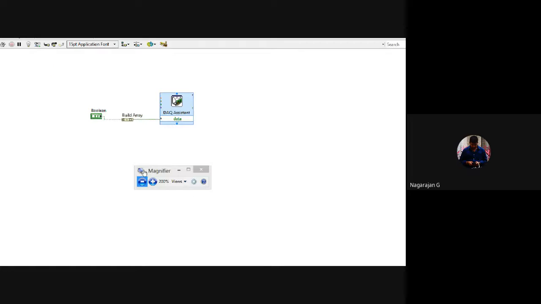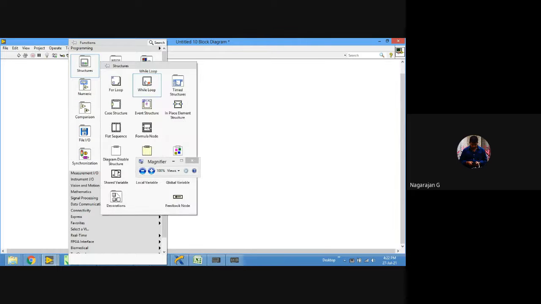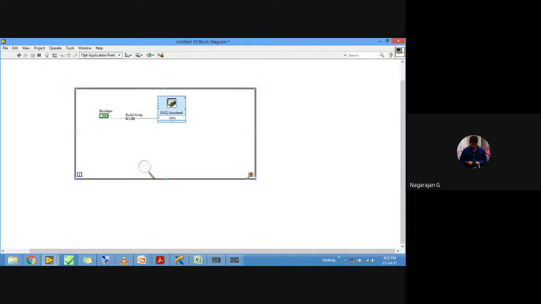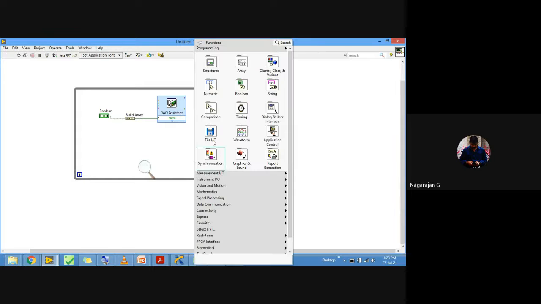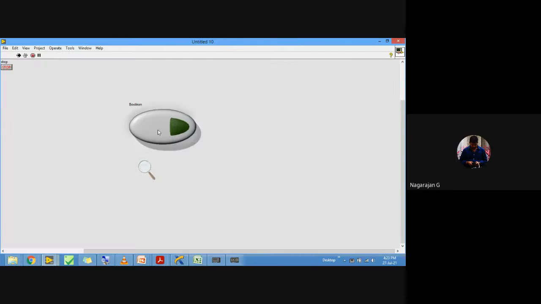Now it is connected, and to run your program continuously, you have to use a while loop, and we need to use a stop button. So right click on the conditional terminal, create control. Finally, the most important thing is you have to provide a 100 millisecond delay. Now run your program. The program is running, and if I just turn on the button,